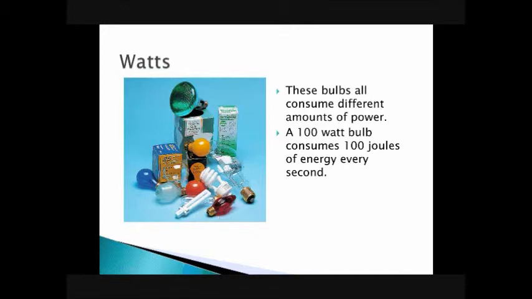It's probably not surprising that a 100 watt bulb is typically brighter than a 60 watt bulb because it uses more energy. Now, one thing to note, these newer fluorescent type bulbs right here are more energy efficient. They are usually rated around 13, 14, 15 watts. They use a lot less energy per second, but they give off the same amount of light as a 100-watt bulb because they're more efficient. And that's really all we need to do with